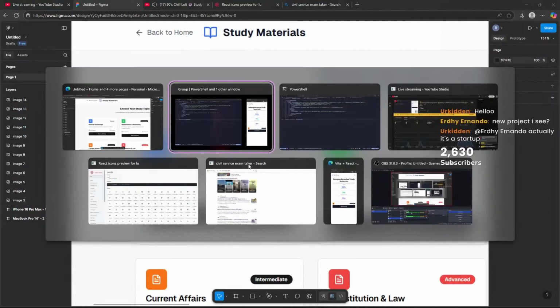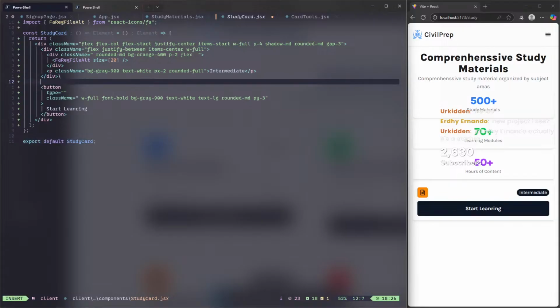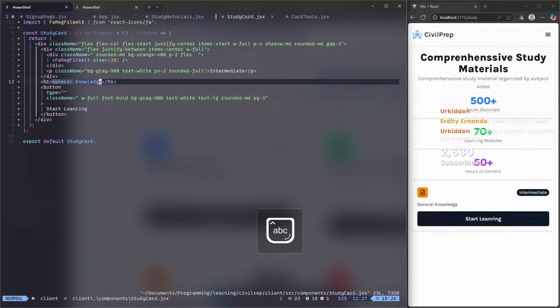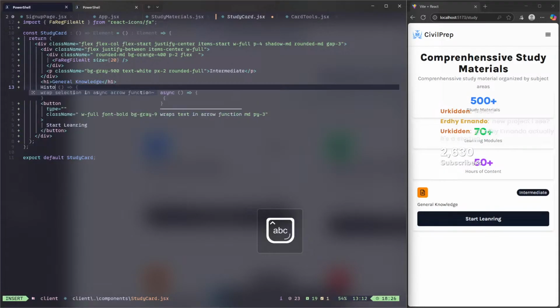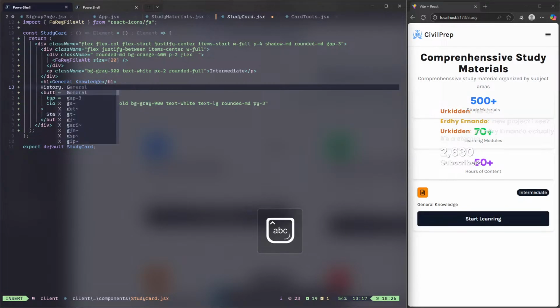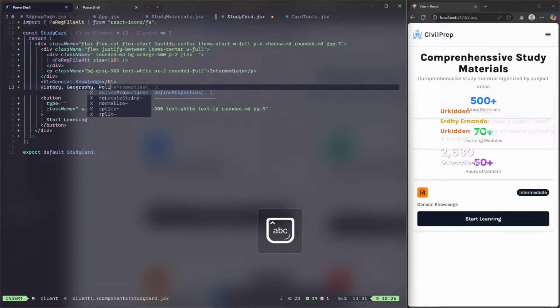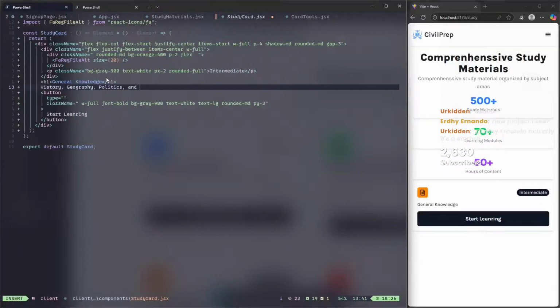and they need an H1. I don't need actually, I just need to put H1 and general knowledge, and I can add like history, geography, politics, and